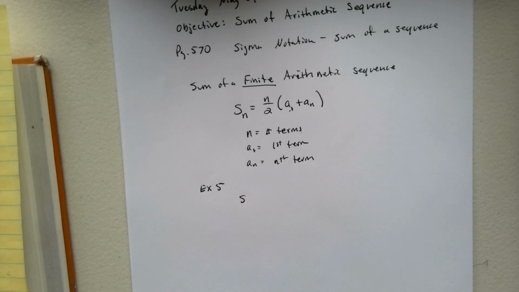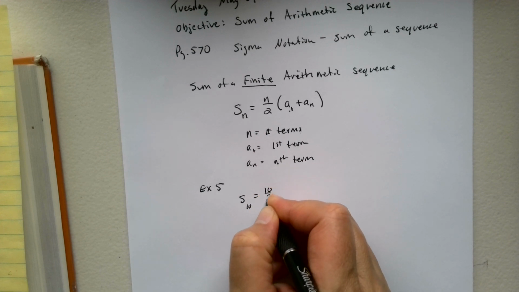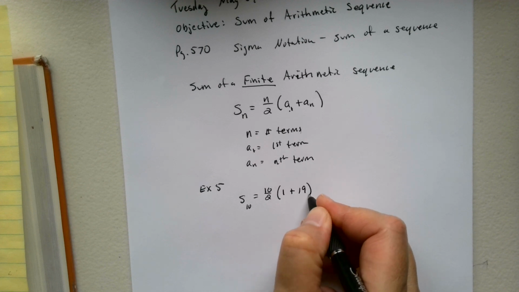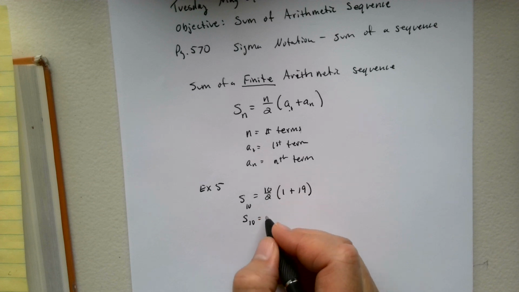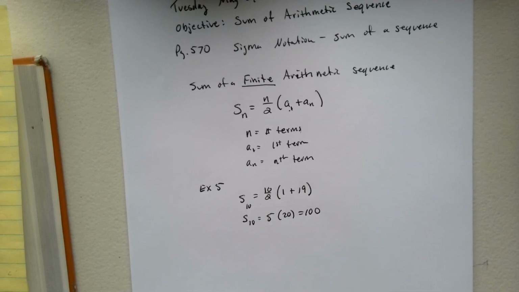Let's see, we've got 1, 2, 3, 4, 5, 6, 7, 8, 9, 10 terms. So n is 10. Our first term is 1. Our 10th term is 19. And so we're going to add those together. 10 divided by 2 is 5, times 20 is 100. Again, you could just add all those together, but we're going to have some that are a little more complicated than that. But you basically take the first term and the last term, add them together, and multiply that by the number of terms